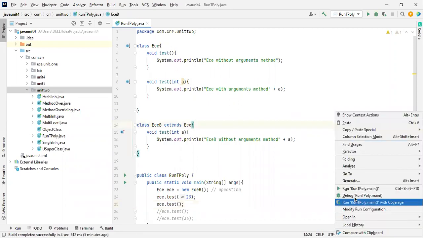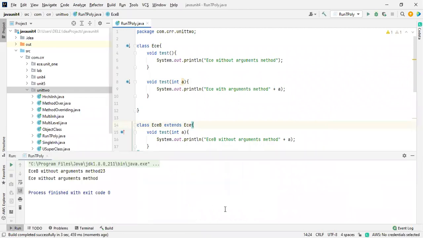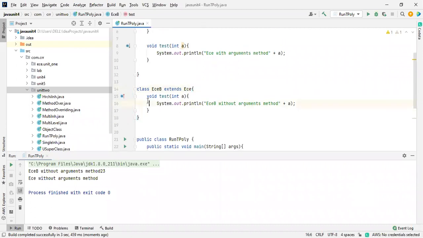Let's check it out. See this one, ECE without arguments method. So this method has been overridden. This method has been printed, and this one is not printed.